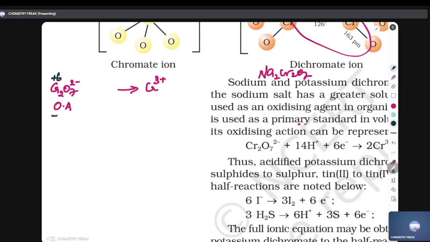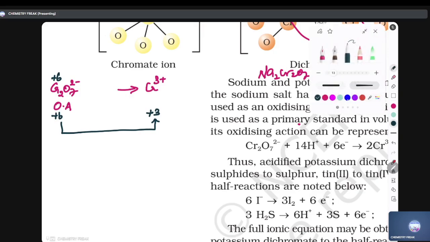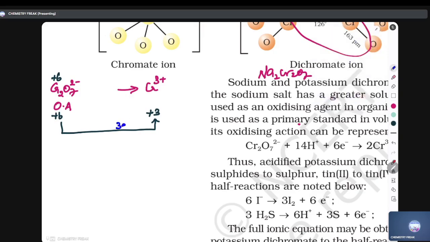How many electrons difference? 3 electrons for 1 chromium, but there are 2 chromium, so 2 into 3, that means 6 electron difference. Understood? So we have to add the 6 electrons to the side where the charge is